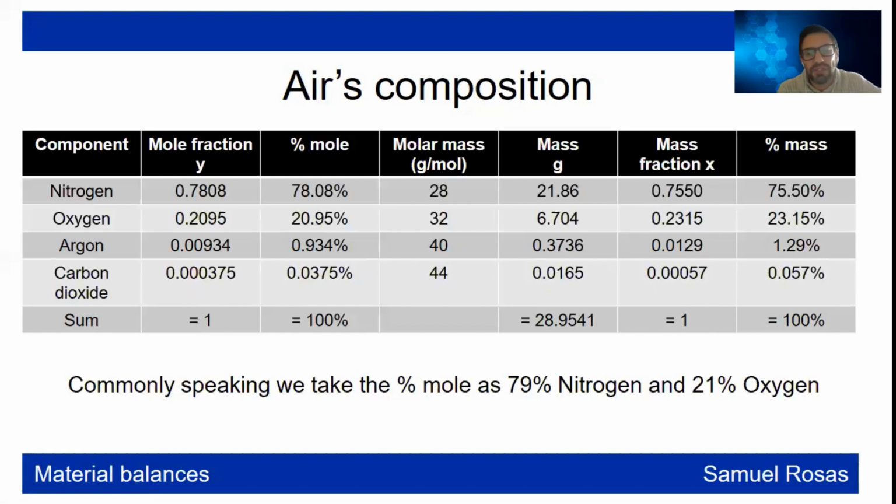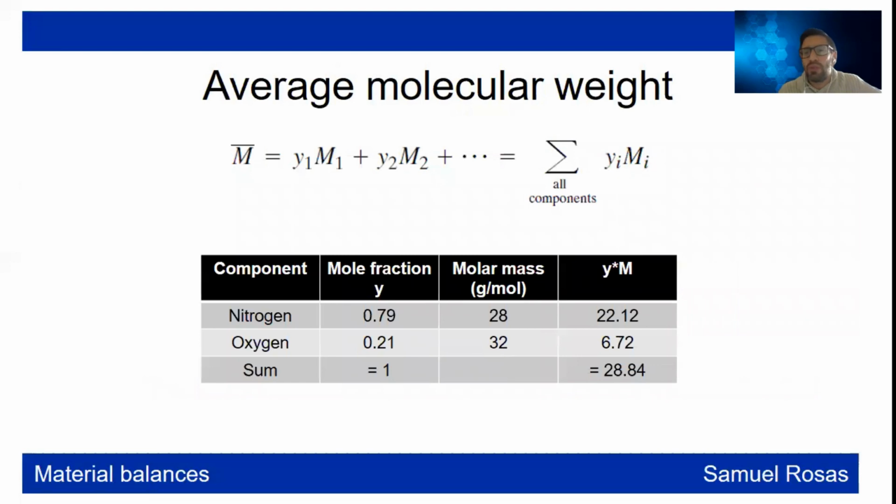Commonly speaking, we take the percentage mole of 79% of nitrogen and 21% of oxygen for our calculations. So we're going to get rid of argon, carbon dioxide, and those things, right? And the average molecular weight of this mixture is just this mole fraction times the molecular weight of that component, and we add all this up. We have already done that. Once again, for air, if we take nitrogen as 0.79 and oxygen as 0.21, we just multiply this times this molar mass, this times this molar mass, we add up and we get the